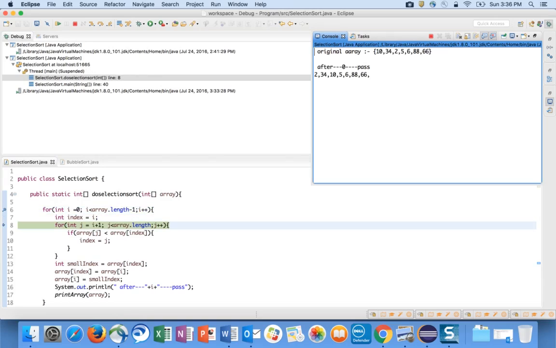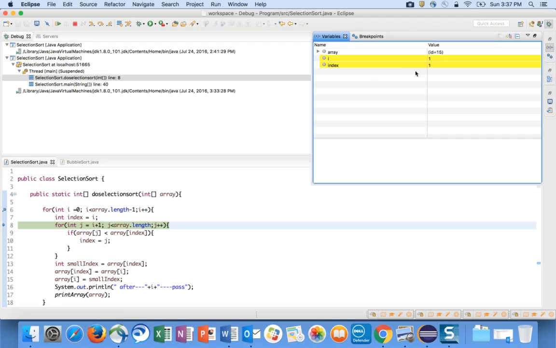Second pass, so in the second pass what happens is, now i is equal to 1, index is equal to 1. Why? Because I'm in slicing, index is equal to 1. Now index is starting from 1, right? In the previous call it was starting from 0. Now if I do F6,